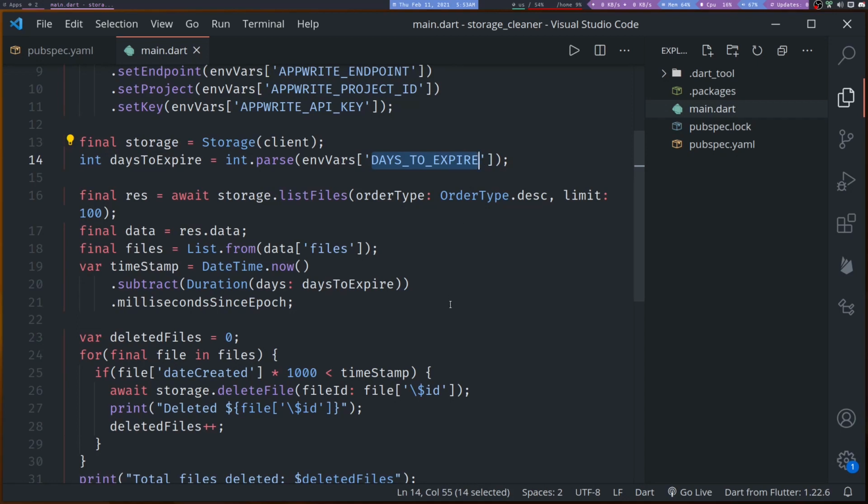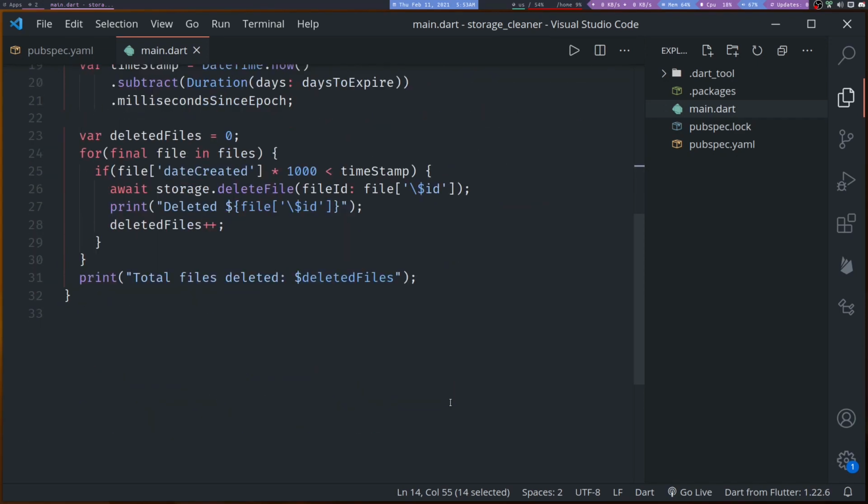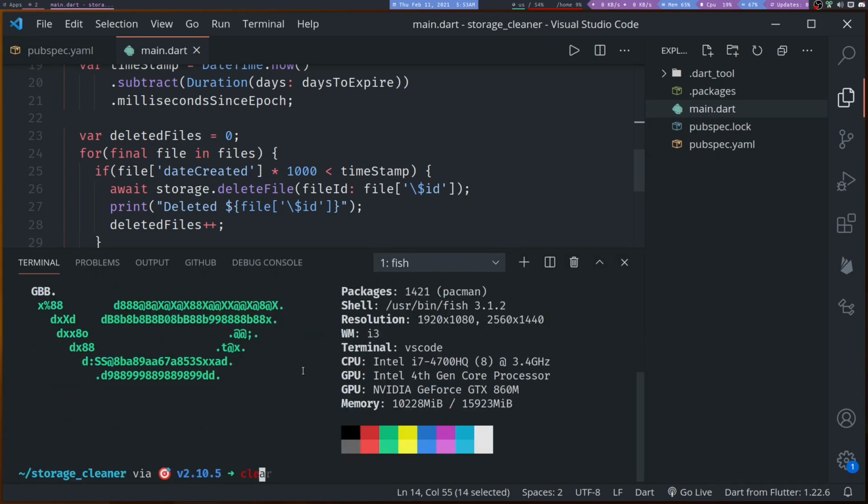Now we need to deploy this function in our Appwrite project. For that to work, what we need is all the dependencies installed should be within this folder. That is, our pub cache should be within this folder. Normally, the pub cache is stored in the system default. So in order to store pub cache in this folder itself, what we can do in our terminal,